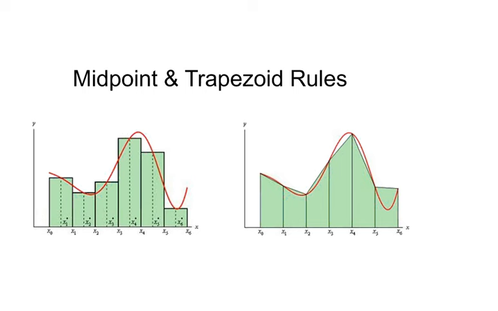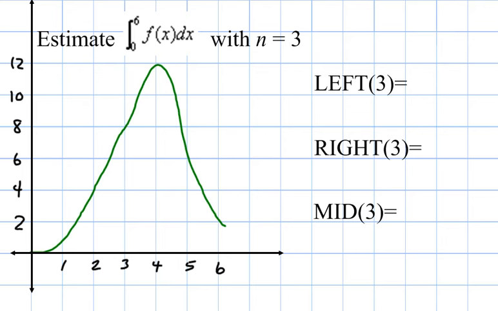In this video lesson, we're going to learn about estimating the area under the curve using the midpoint and trapezoid rules. Judging from these pictures, you would be right to guess that this is going to be quite similar to what we've learned using left-hand rules and right-hand rules. So let's, with this first example, review what we know about left hand and right hand before we move on